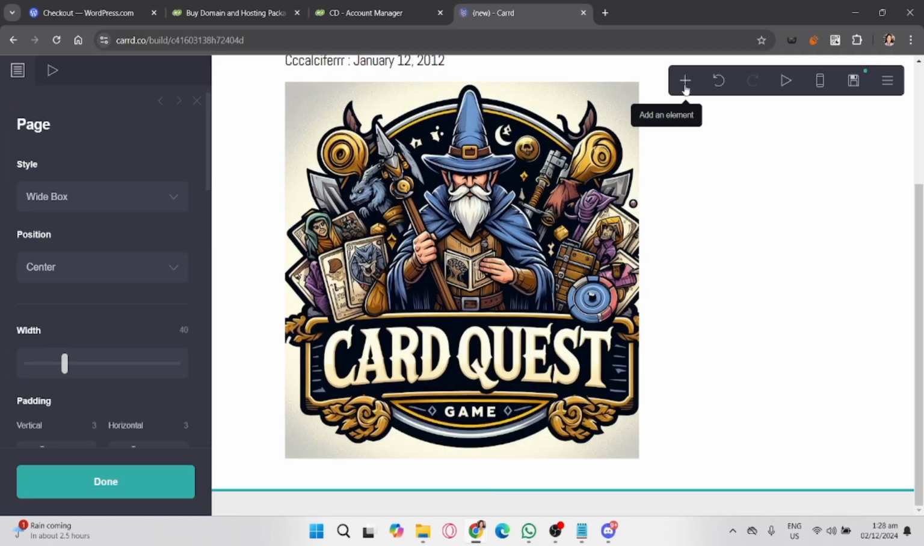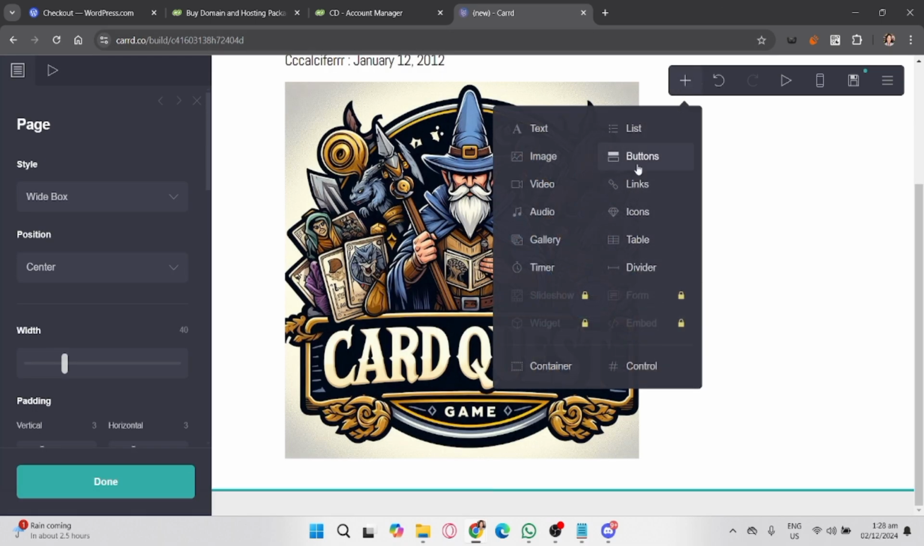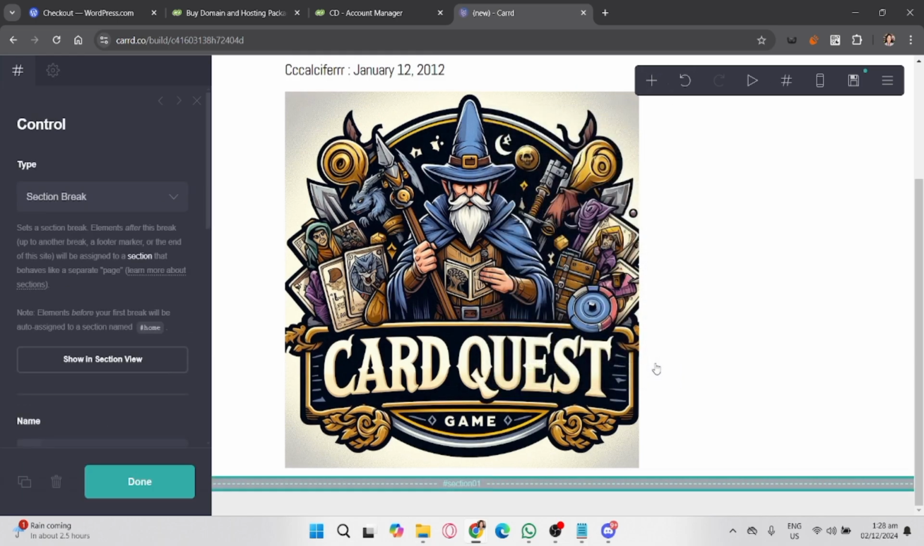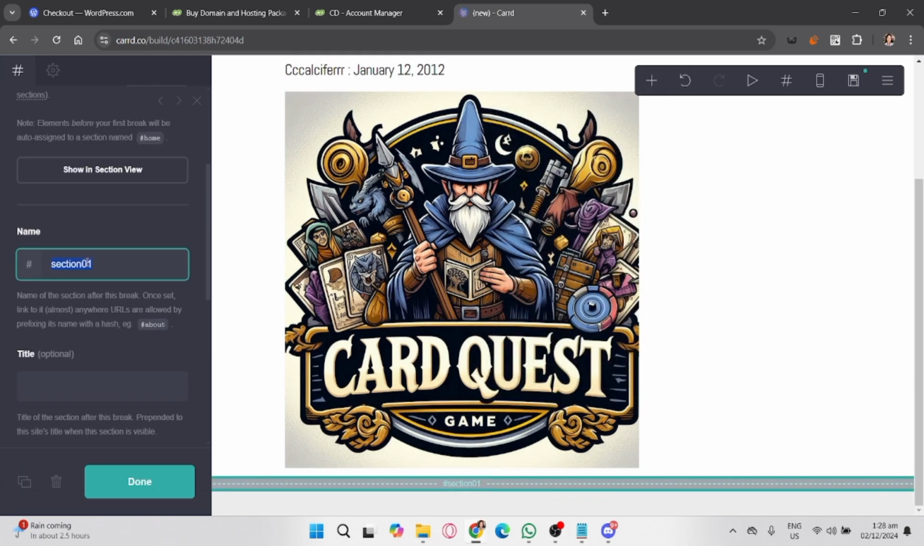Click the plus button icon on the top right corner and then select the hashtag control in here. This will be the divider for the next page. So in here on the left side, change the name to the next page, or it's up to you, and